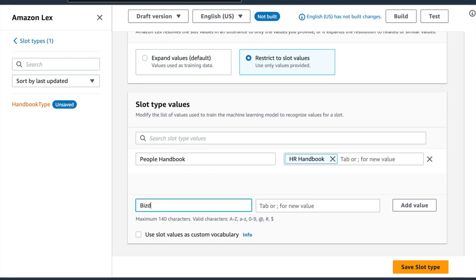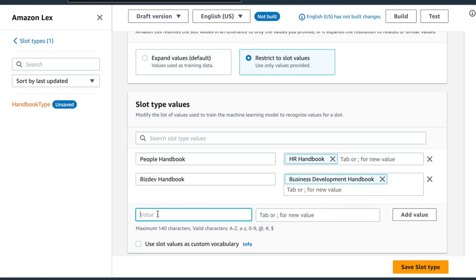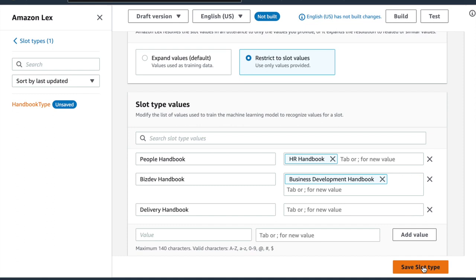Let's add BizDev handbook, and also we can add more values. Handbook. Let's add. And let's add last one, delivery handbook, and add value. Save slot types,